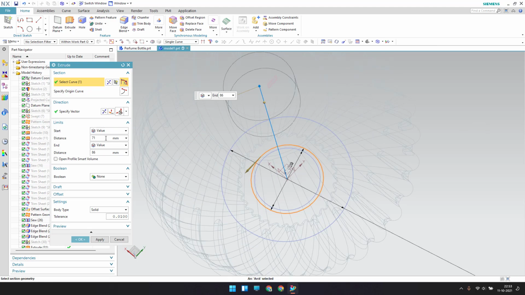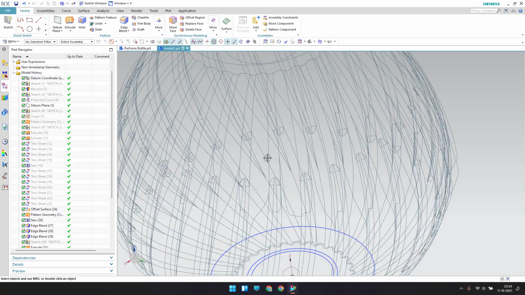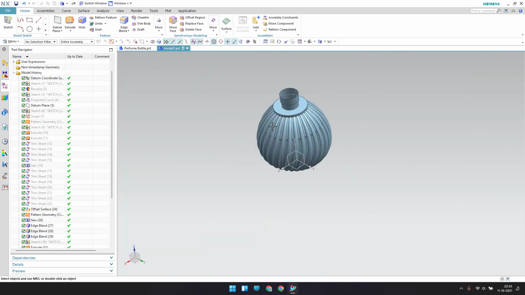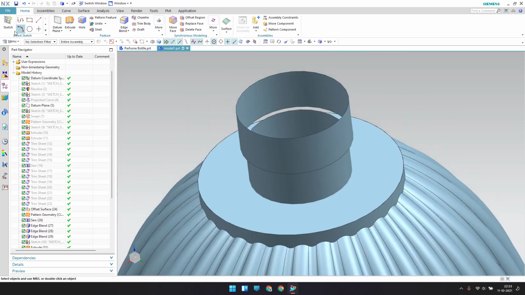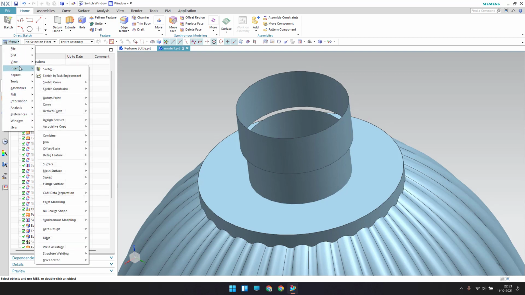It should be 86 and 94.5. Click, make it as a sheet and click OK, and remove the static wireframe. So now as you can see here, we have to make a bounded plane for this. So let's go to bounded plane over here, insert surface and bounded plane,